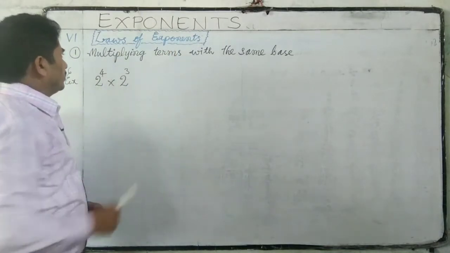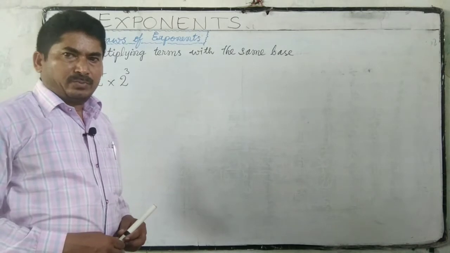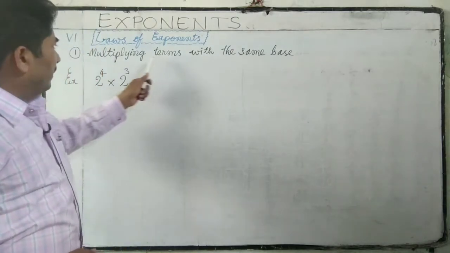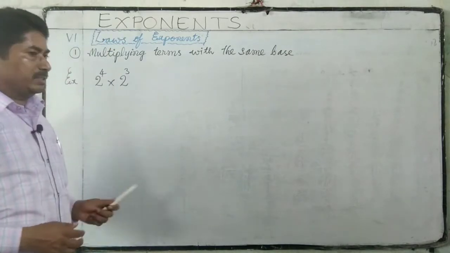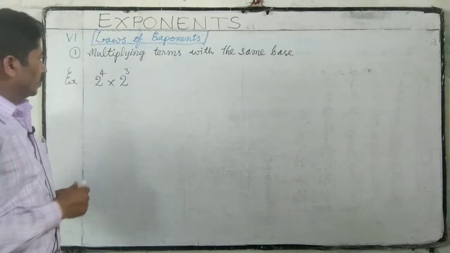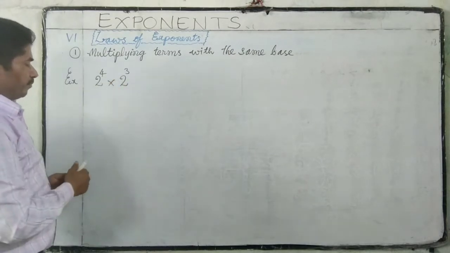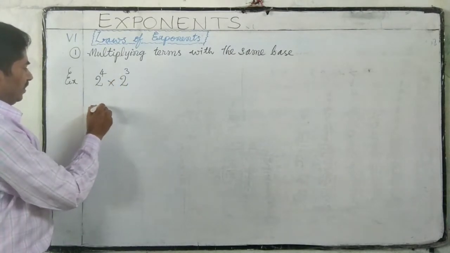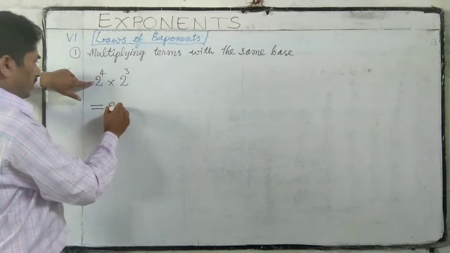Laws of exponents. In the laws of exponents, the first one is multiplying terms with the same base. To understand this, here we have one example. 2 to the power of 4 into 2 to the power of 3 is equal to 2 to the power of 4. So here we have to write 2 four times,